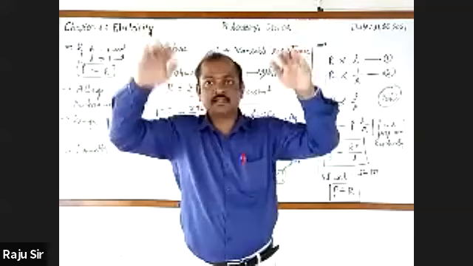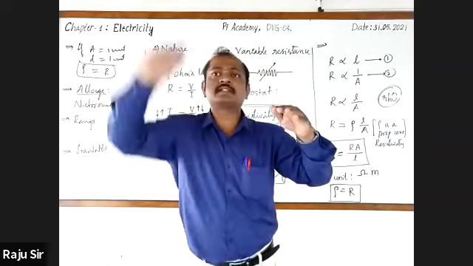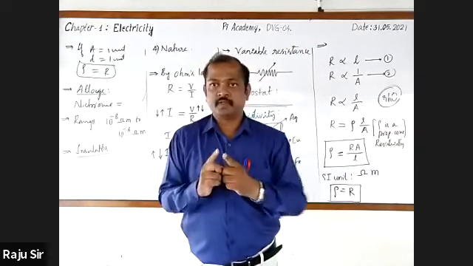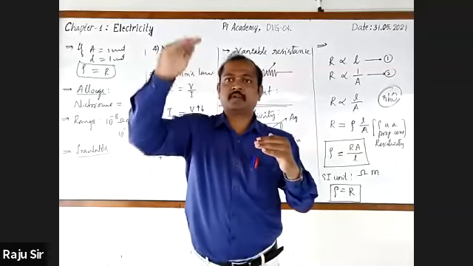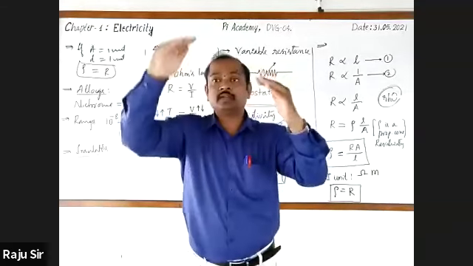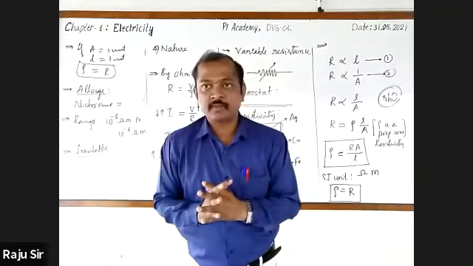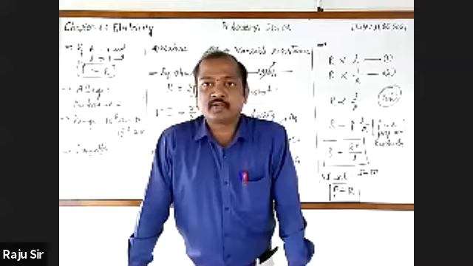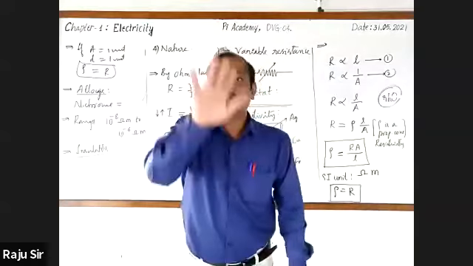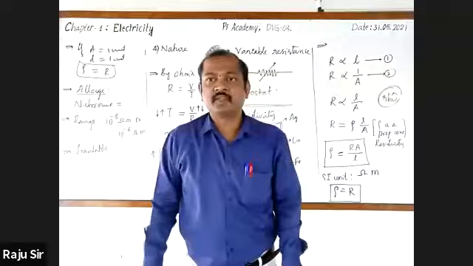As resistivity increases, resistance increases, and as resistance increases, current decreases. Therefore, as the resistivity of a conductor increases, current decreases, right? Hope that it is clear to you. Sir, I got confused. How does it work, sir? Resistance increases means current will also increase, sir? When resistance increases, current decreases. Is it not?